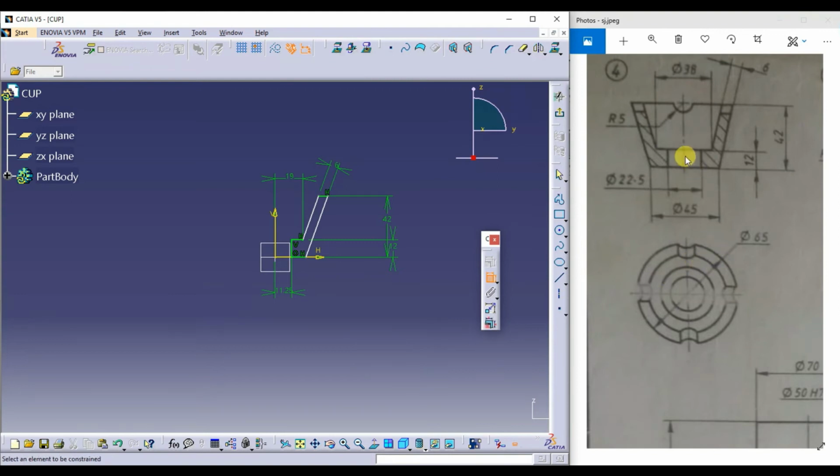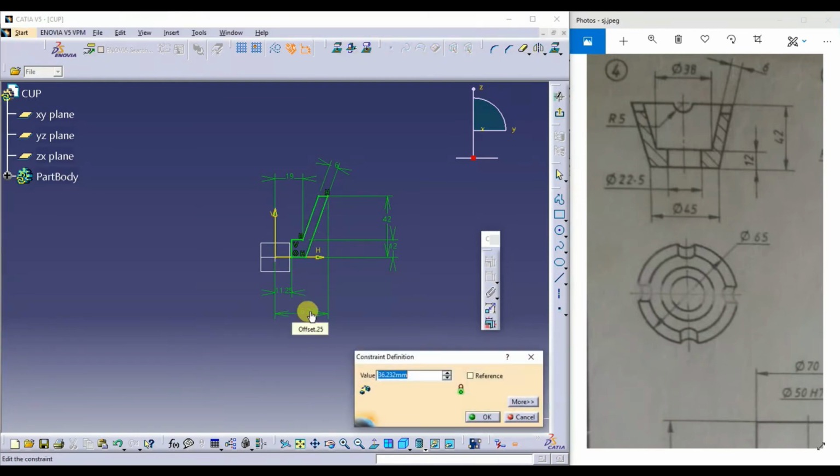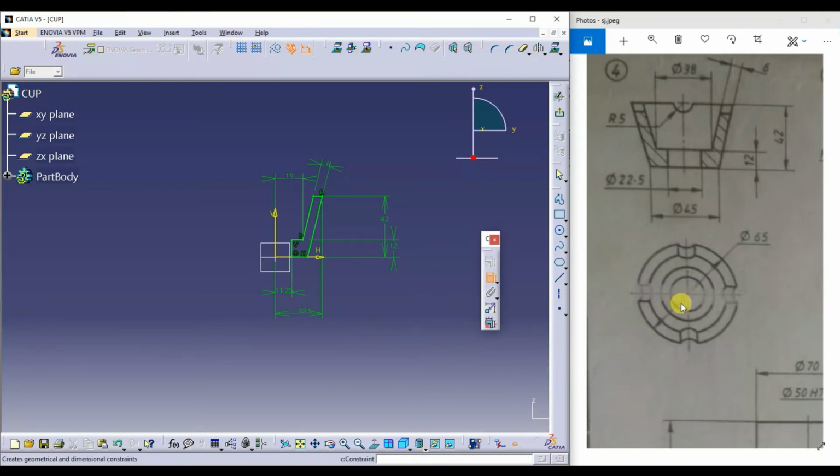Next, this outer diameter, from here to here it is 65. So from here to here it is half of 65.